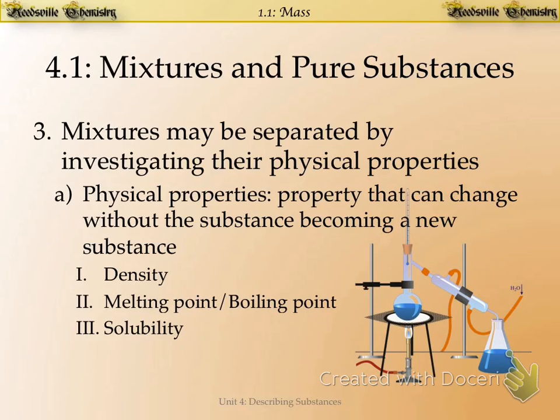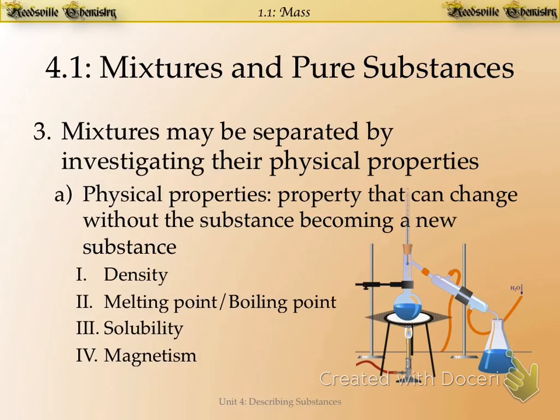Solubility is another way that we can actually separate a mixture out. If you've got two solid substances, and one of them you know is soluble in water, and the other you know is not, you can't separate these things out by just counting and pulling one of the particles away from the other, because there's just too many of them. Well, one thing you could do is you could take the mixture and toss it in water. One of the things would dissolve, the other would not, and then you could hopefully get the one that does dissolve away from the other by filtering off the liquid stuff.